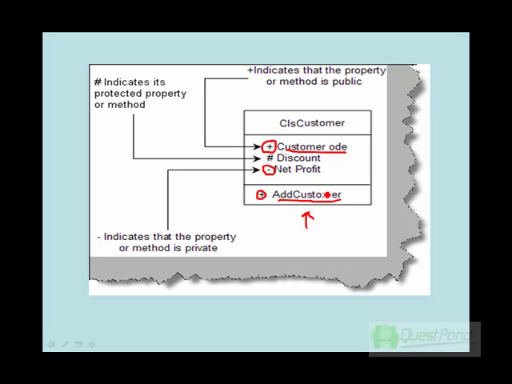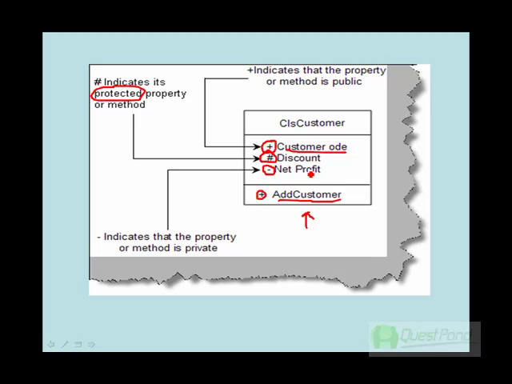The in-between property, or the in-between visibility, is called protected visibility. The protected visibility is defined by using the hash symbol. So if you define the property or the method using the hash symbol, it can only be viewed by classes who